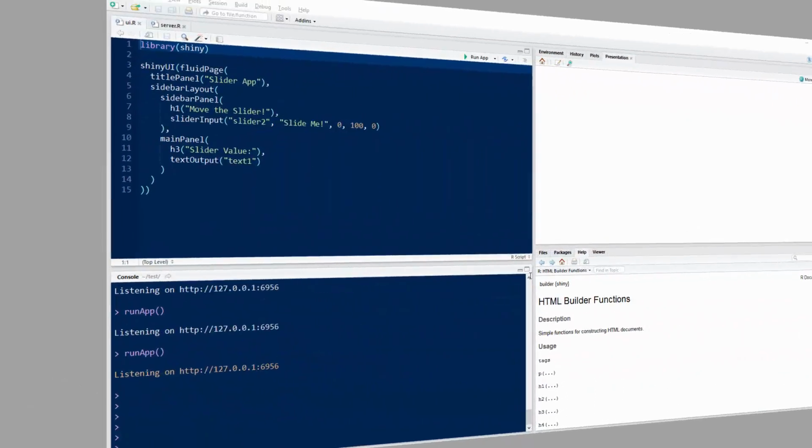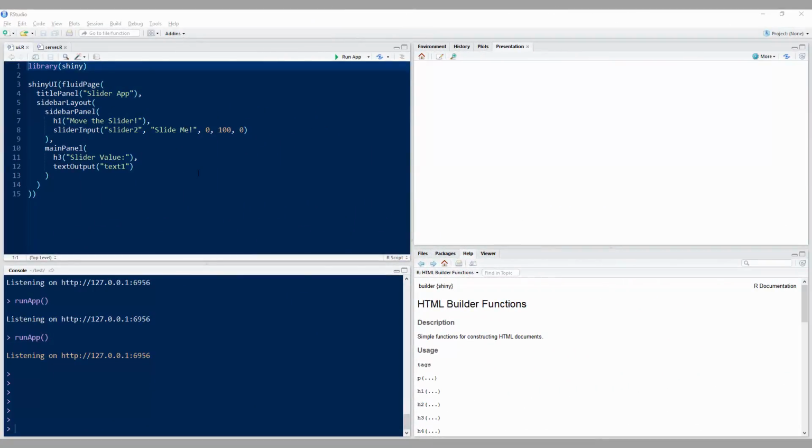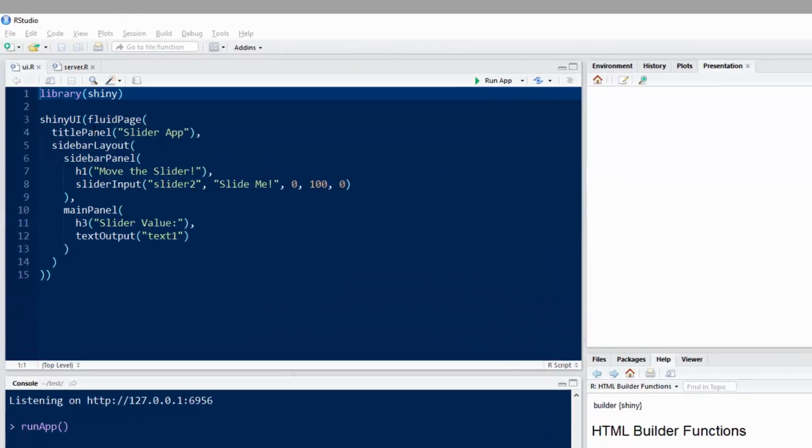So let's try. Okay, now let's see if we can get our Shiny app to actually take in values from the user via a slider, put them to the server, and then the server will return the values. Okay, so I have my UI.R